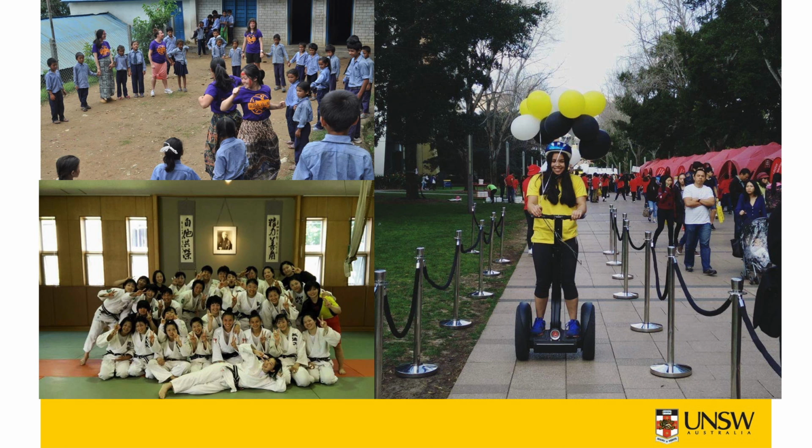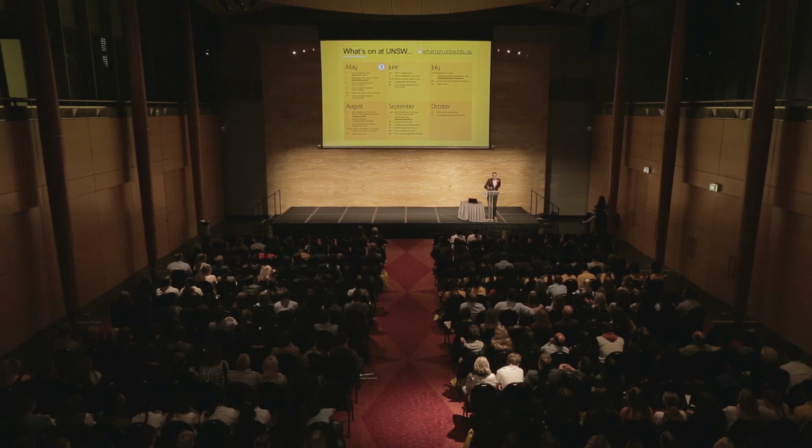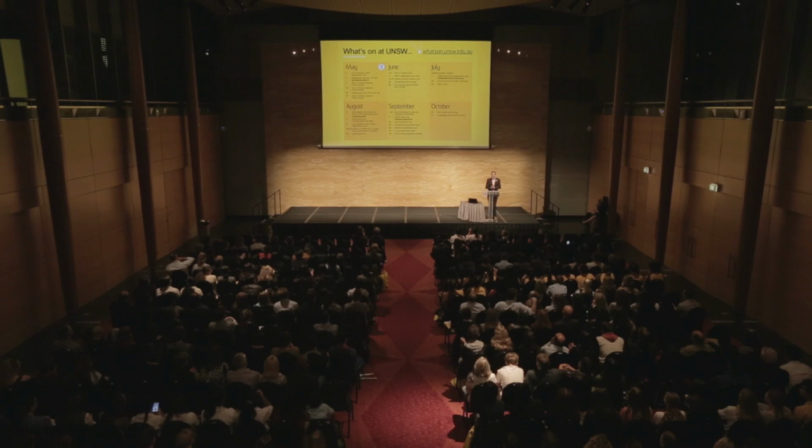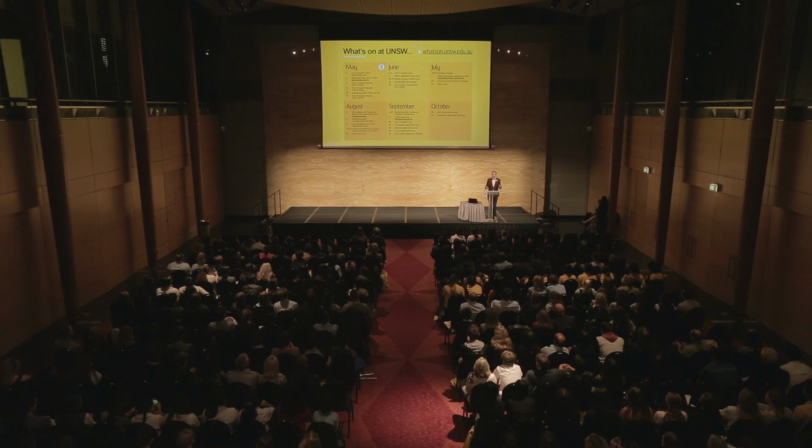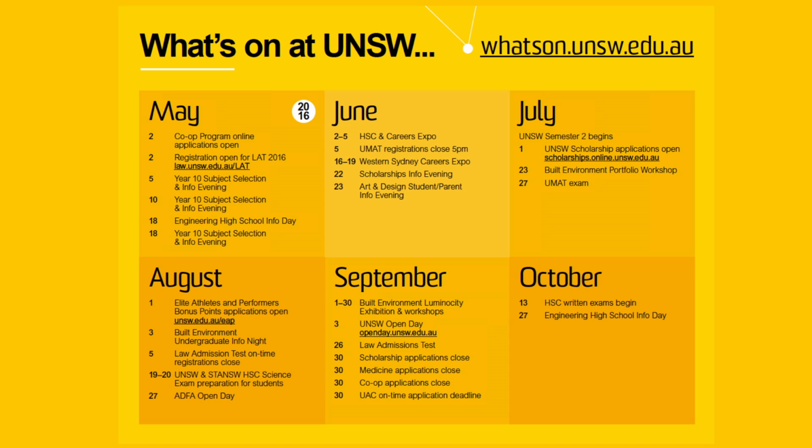So that brings us to the end of the evening, but before you leave, I do want to point out a couple of key things that are important to you, especially as year 10s going into year 11 and 12. We offer just over 100 different activities, workshops, masterclasses, special events, information evenings, all throughout the year for 10, 11, and 12 students, and some parents as well. So do have a look. This is an example of some of the things that are coming up over the next couple of months, but certainly not all of them.